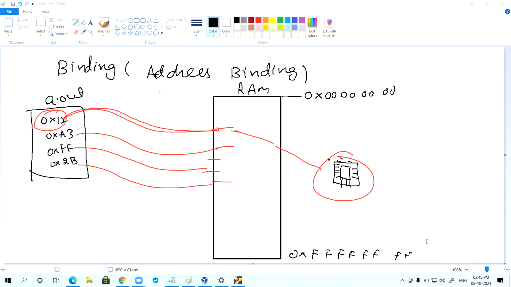I don't know if you remember, when we started with the library concept, we discussed the binding concept: static binding, dynamic load time binding, dynamic runtime binding. If the calling function gets the address of the called function at the time of compilation, that binding is called static binding.